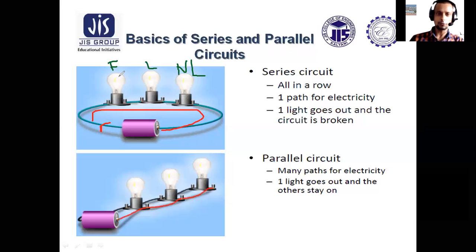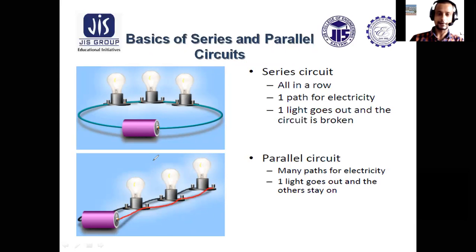So the current drawn by the fridge will be flowing through the light and night lamp, but the light and night lamp cannot withstand that much current which is required by a fridge. So these two consequently may blow. In a series connection, as the same current flows through all the loads, you need to connect only the same kind of loads having the same current requirement. If you have different loads with different current requirements, they cannot be connected in series. So these are some drawbacks of series connection.